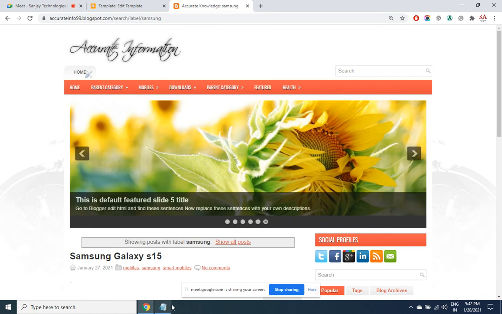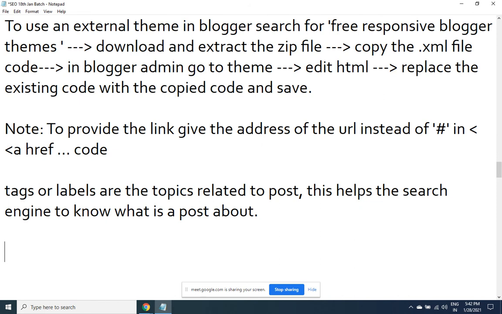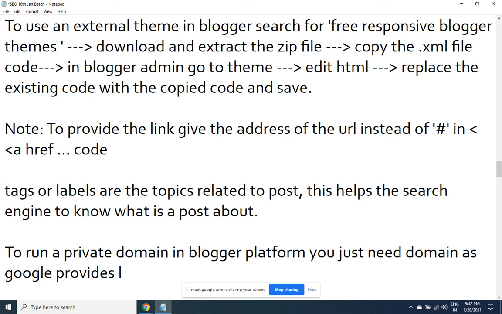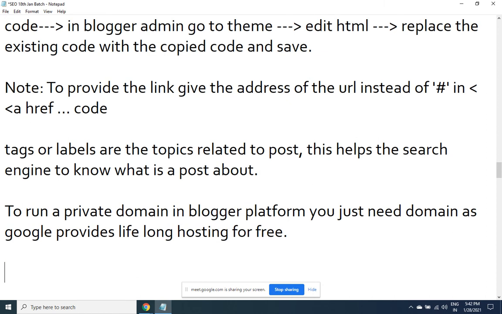So write down this note. To run a private domain in the Blogger platform, this is only on a condition if you are using Blogger as an application to design and maintain your website.